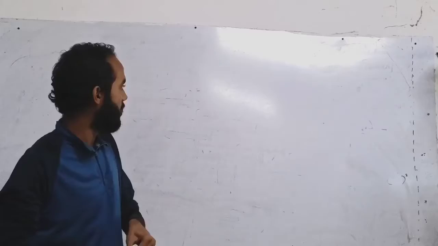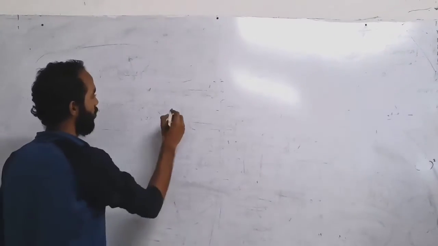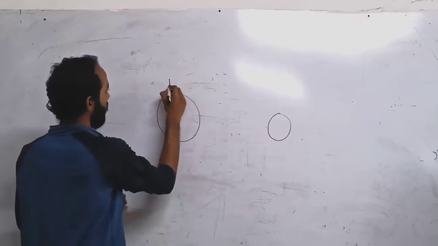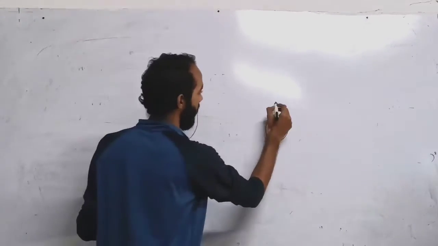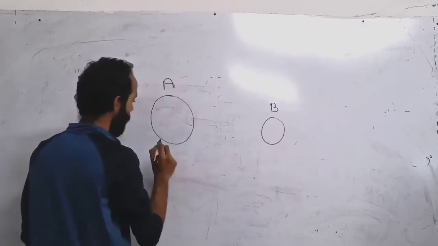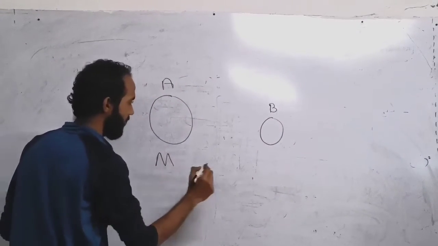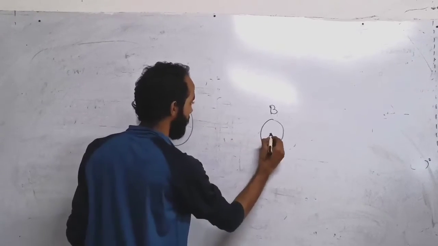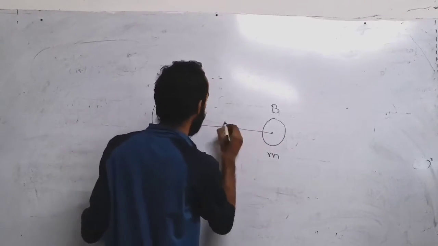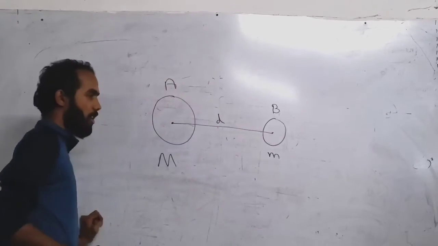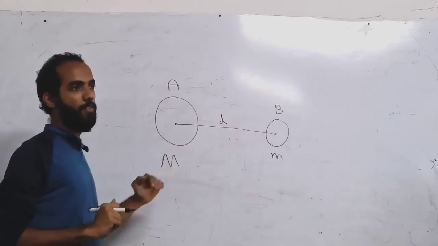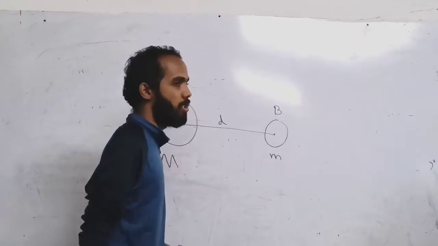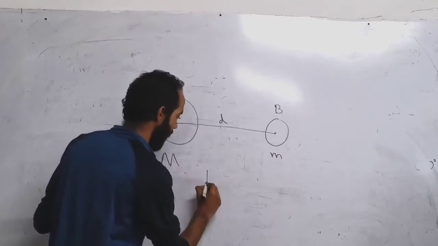Let's write the equations. So consider two bodies. The name of the first body is A and the second body is B. The mass of the first body is capital M and the mass of the smaller body is small m. The distance between the centers is small d. As I told you earlier, gravitation is an attractive force that acts between two bodies. So here this force, the gravitational force, is